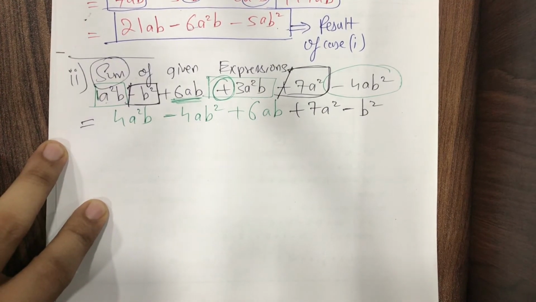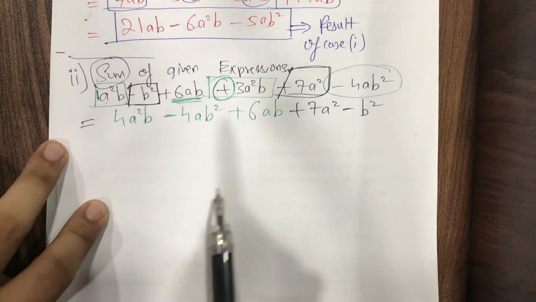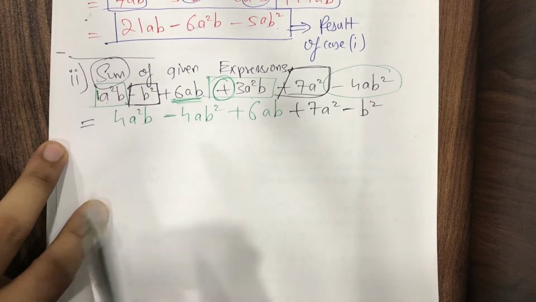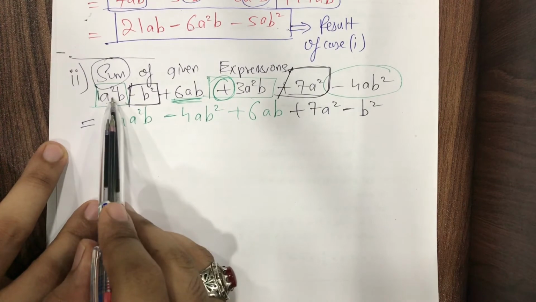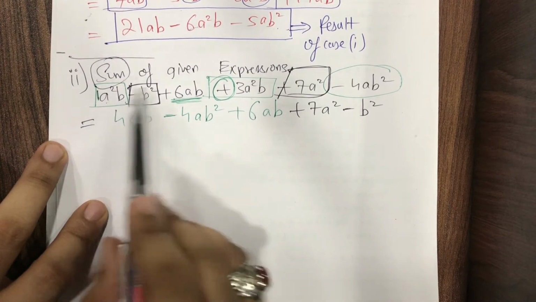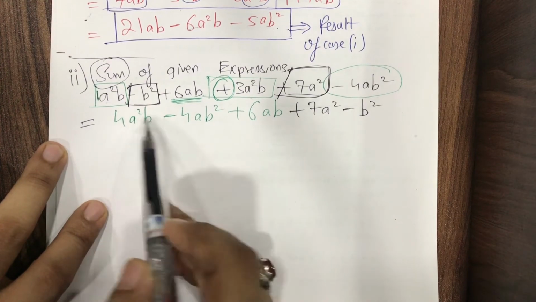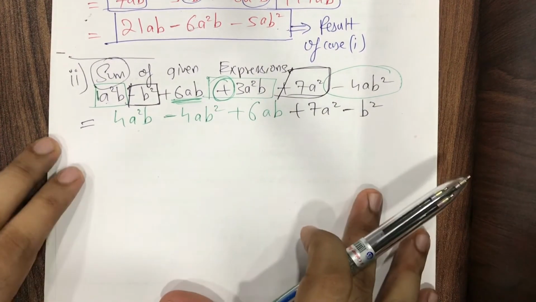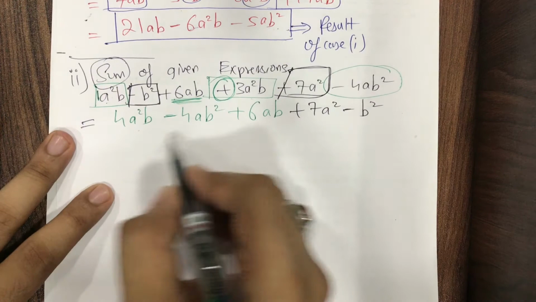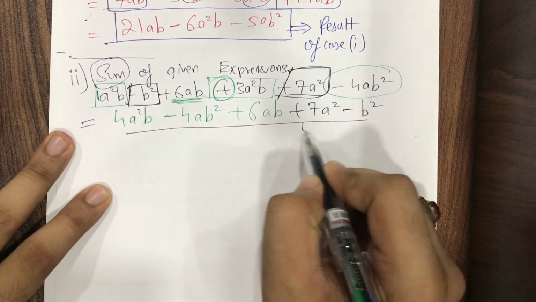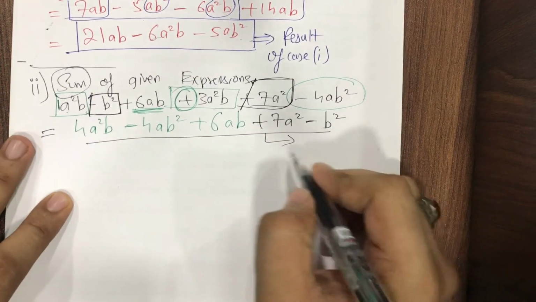So students, which term did we miss? No, we did not miss any term. Actually, we clubbed 2 terms. See here, a square b and a square b. 1 plus 3 became 4. So we clubbed one of the terms. That's the reason here we have 5 terms. 1, 2, 3, 4, 5. Okay, fine. So this is the answer of the addition. This is the answer of the sum. This is what we obtained.